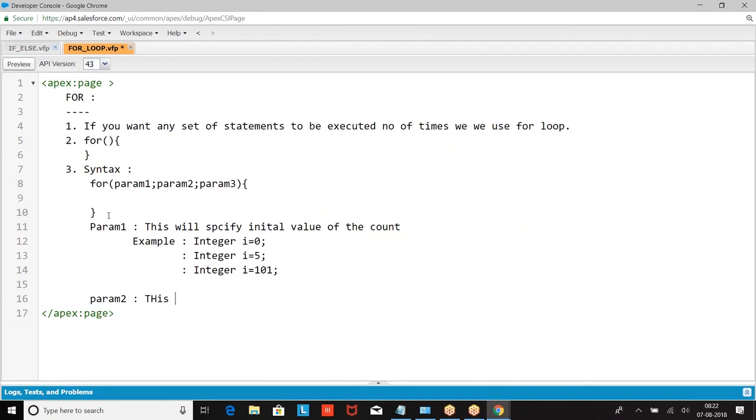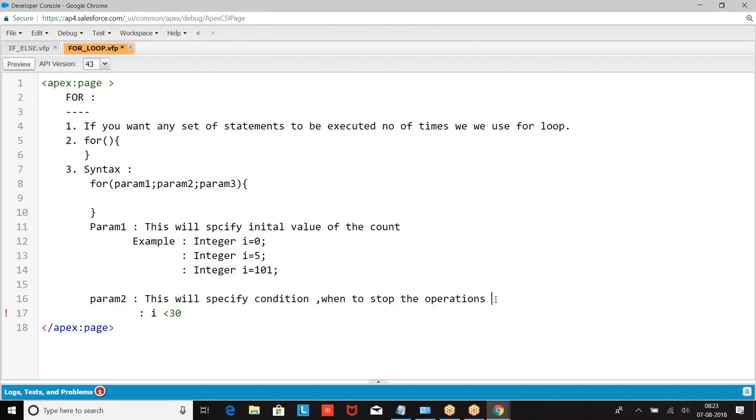Param 2 will specify when to stop. Now I will say i is less than, so it will run until the i value is less than 30. Once the i value is greater than 30, what will happen? It will stop the operation.